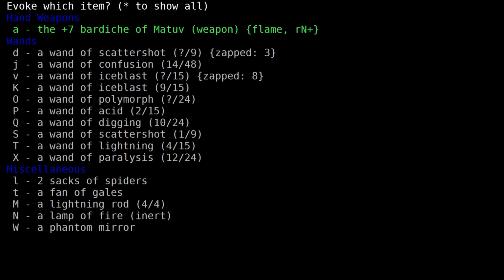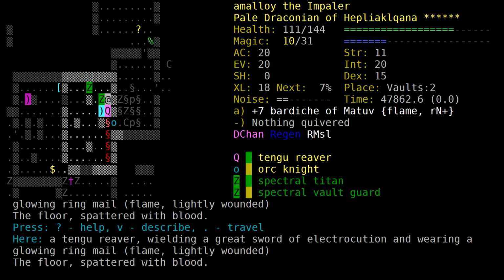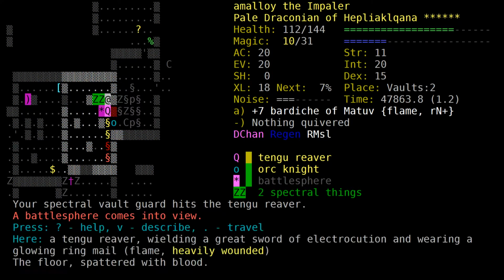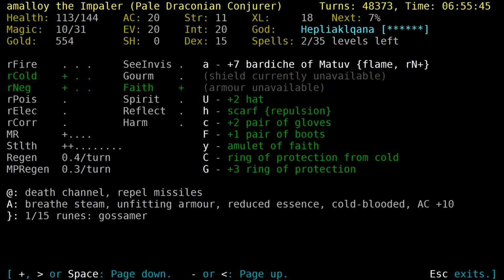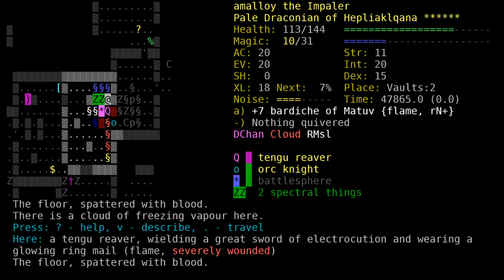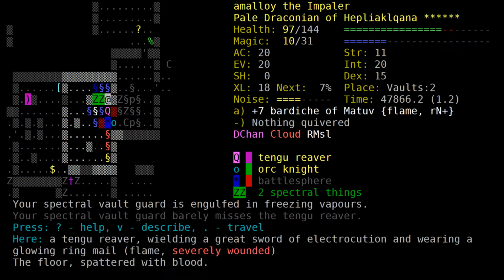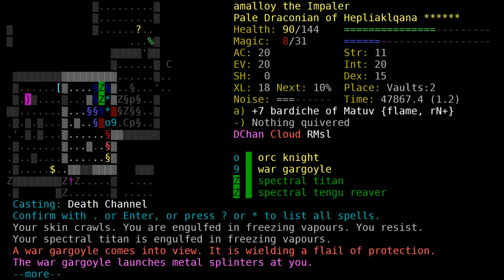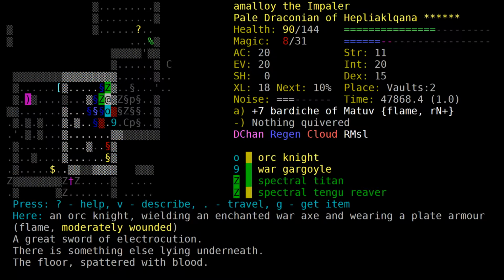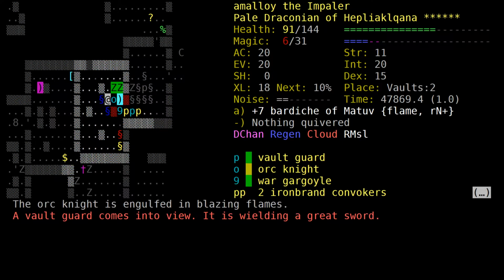Well, let's try the lightning rod, I guess? I don't know. He's on fire. Let's see how that pans out first. And like just tabbing him is pretty good. I'm in a cloud of cold, but I have good resistance to it. Hit him again? And again? We killed him. Great. Regen. Probably time to blink out of this cloud of cold, I guess. Didn't really work, but...